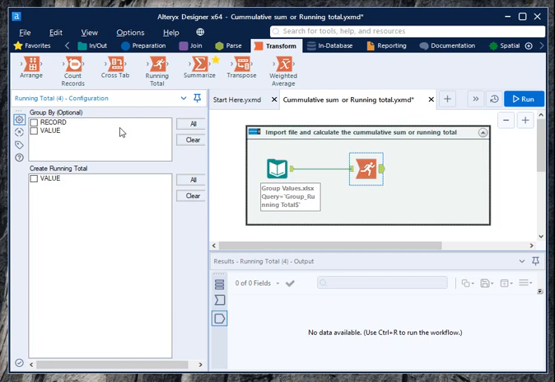It will open a pop-up window where it will ask you about the group by option, which is optional. Only use this when you want to calculate the running total by some ID or a group variable. In our case, it is at the A, B, C level. So here we have to choose the group or the string or the ID at which you want to calculate the cumulative sum or running total. In our case, it's record. So I'm just